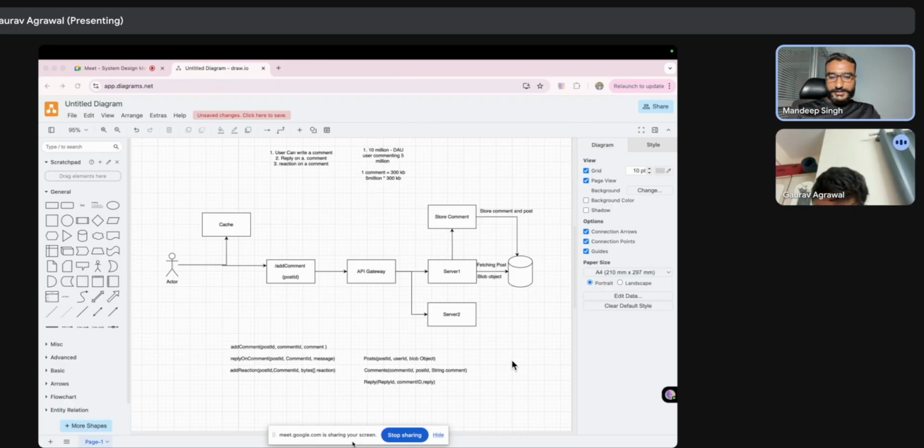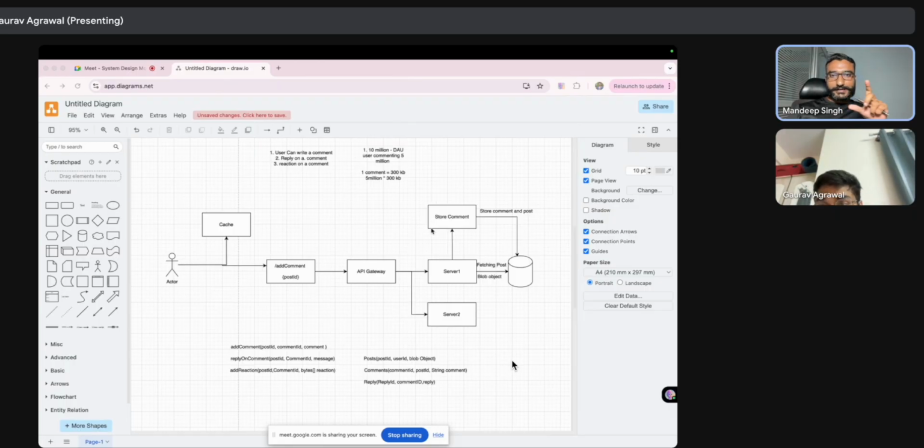Then I was pretty confused around the store command service. You have multiple servers, so why do we need a separate store command? I would probably simplify it to a single component which retrieves the post and directly dumps it to the database, because you know that post will exist. It's a mutable object, so you just append the comments to it. I thought that added complexity here, and we could simplify somewhere.